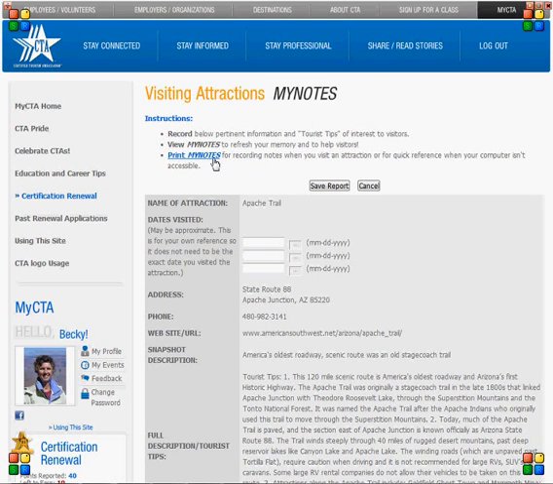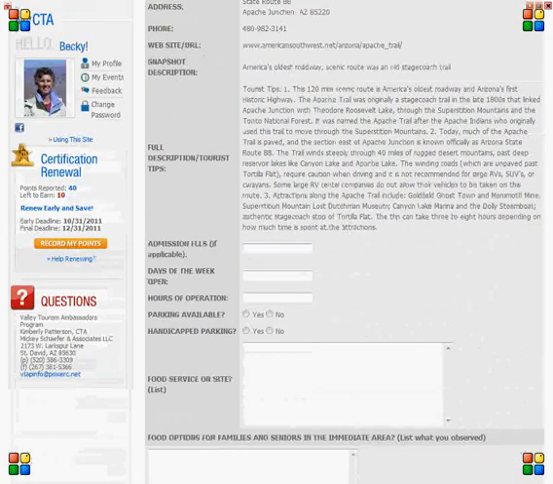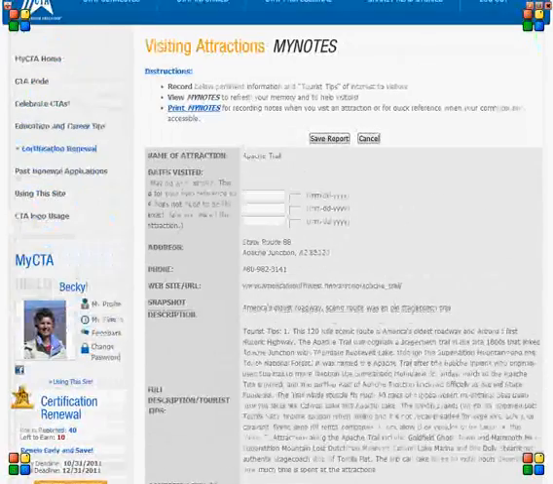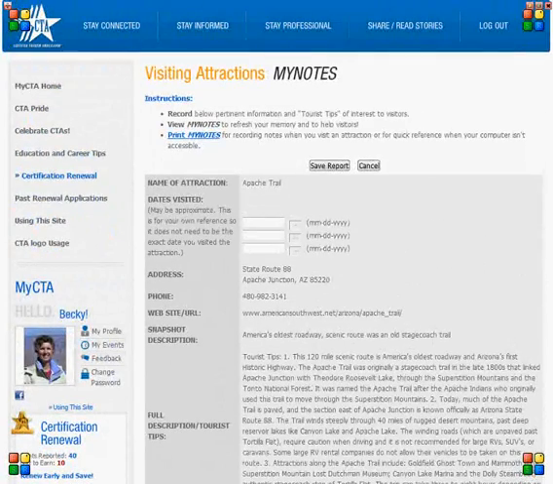If you have not yet visited the attraction, you may print a blank My Notes report and take it with you when you visit the attraction. While visiting the attraction, record pertinent information and tourist tips of interest to visitors. When you return from your visit, you can return to this section and type the information from your handwritten form,